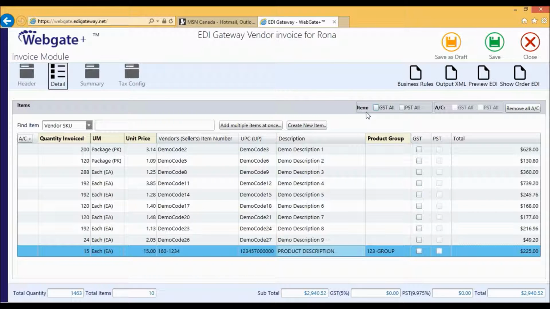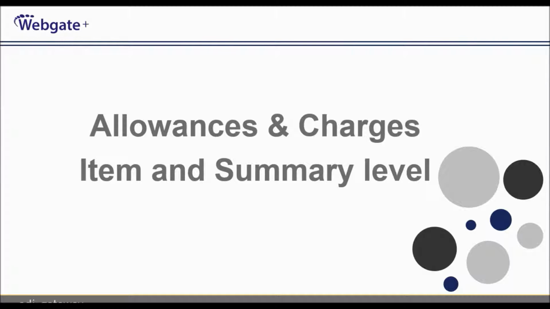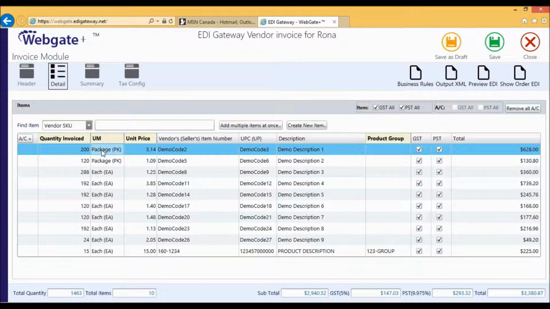To apply taxes on the items, if all the items are taxable, simply select PST All and PST All. You can also add allowances or charges to RONA invoices. Allowances and charges are acceptable at both the item and summary level. Here is how to apply them. At the line level, simply select the appropriate item, right-click